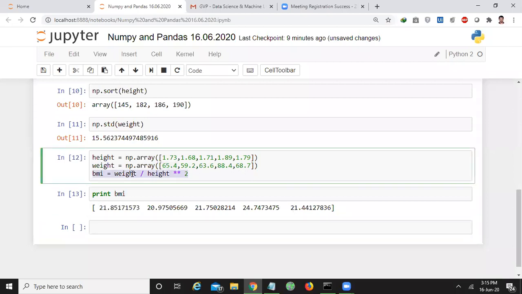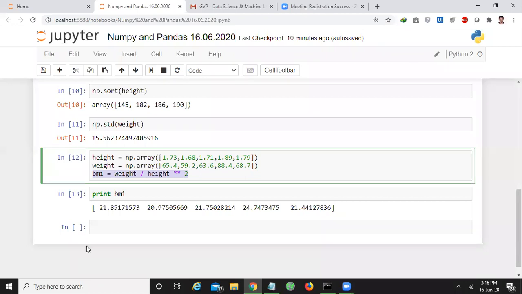Is it flexible or not? Yes. If you consider a normal array, you have to take each and every element and calculate the corresponding value, you have to increase the counter so that you can switch from one element to another element. That kind of difficulty is not there here, right? So the NumPy array gives the facility of doing operations on all the elements at a time.